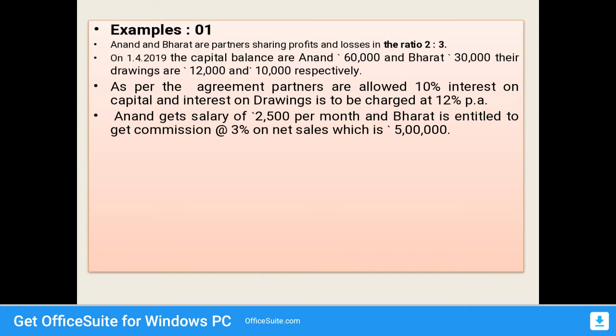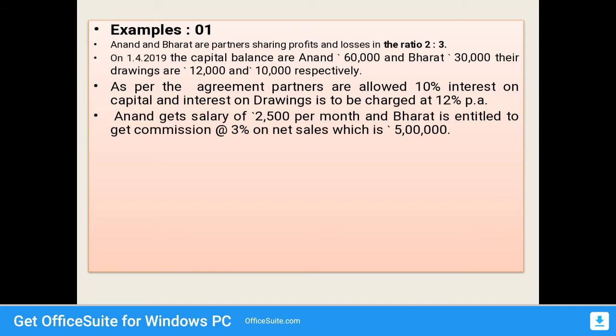The capital balances are Anand 60,000 and Bharat 30,000. Their drawings are 12,000 and 10,000 respectively. As per agreement, partners are allowed 10% interest on capital, and interest on drawing is to be charged at 12